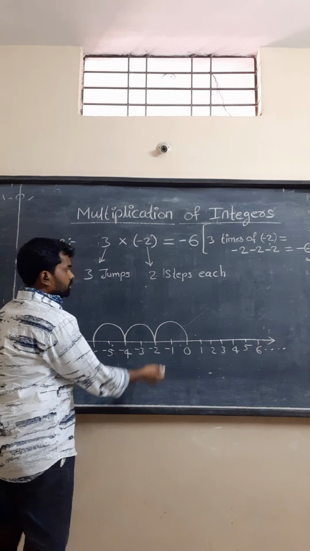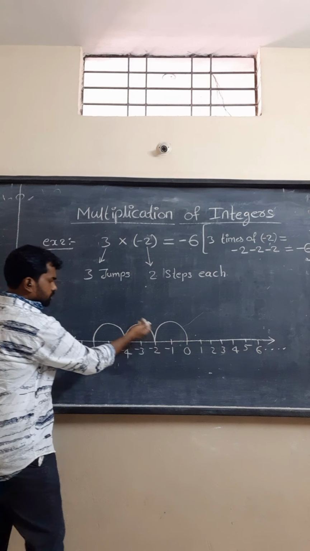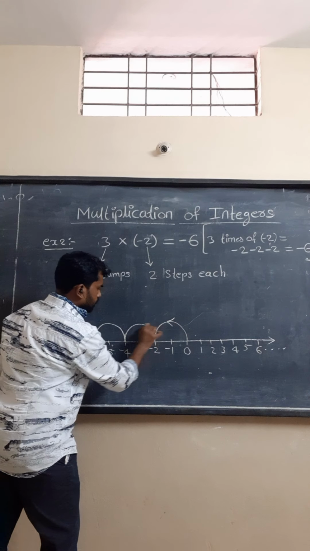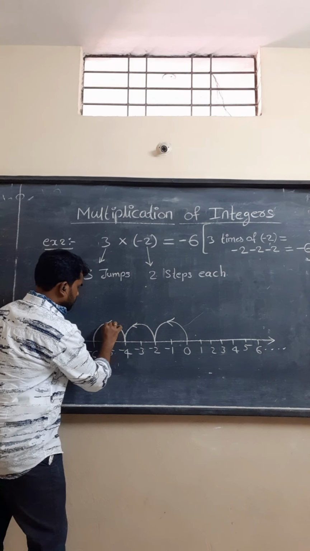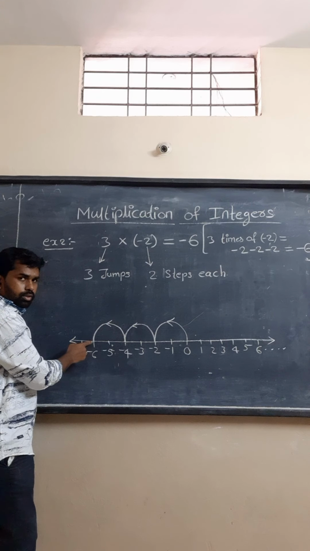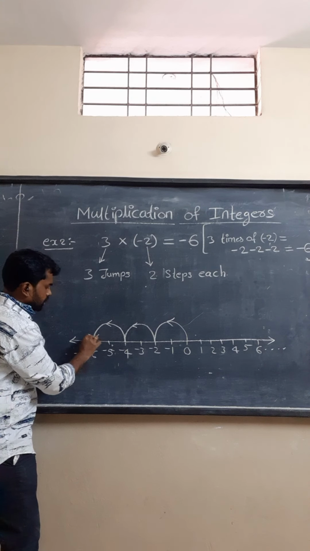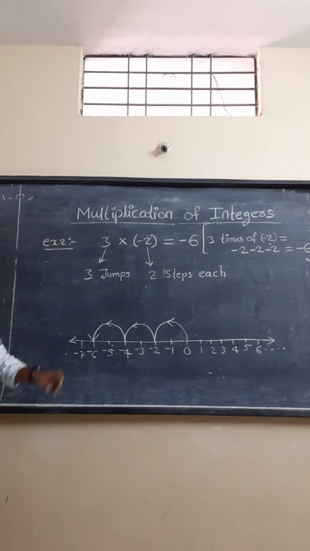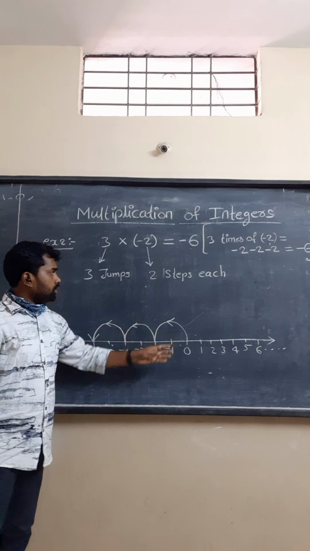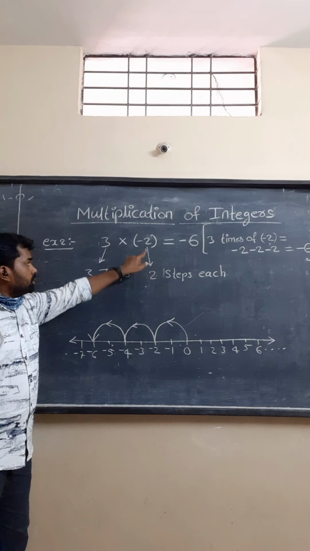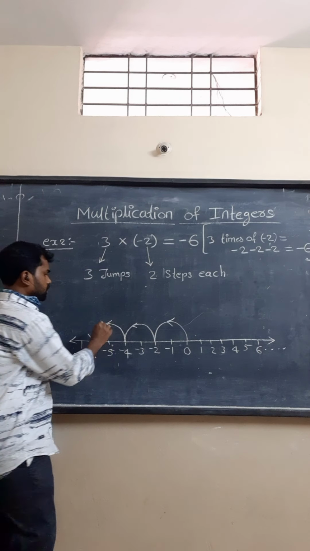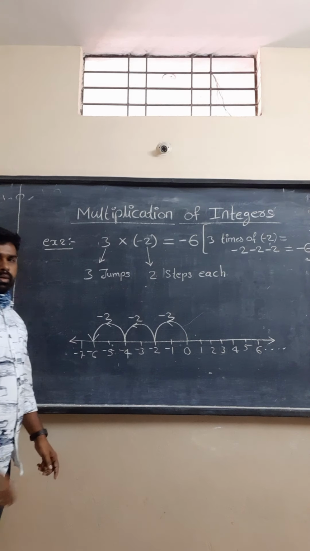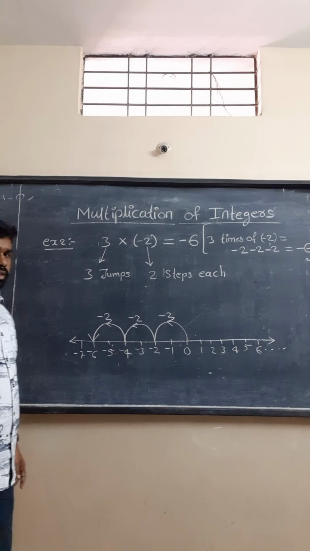Now see, this curve is moving towards which direction? Towards the left side. So you indicate the arrow marks on top of this curve. Here also, at the bottom, you keep the arrow mark. It is very very important. At the bottom, at the end of this curve also, you represent the arrow mark. On top of this curve, you write -2, the number of steps. You write -2, -2, -2, and -2. Now, have you written this one?